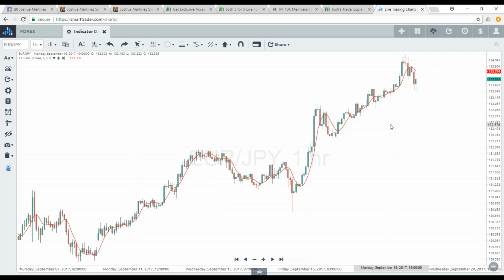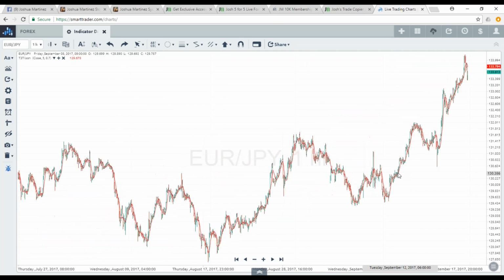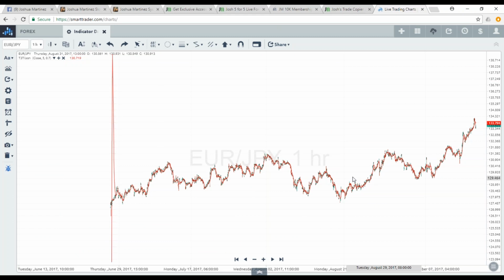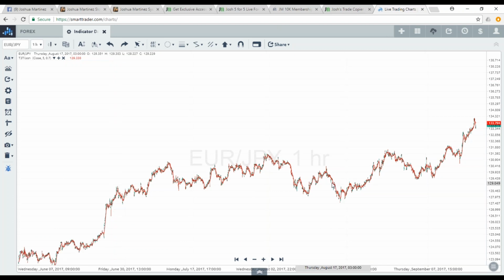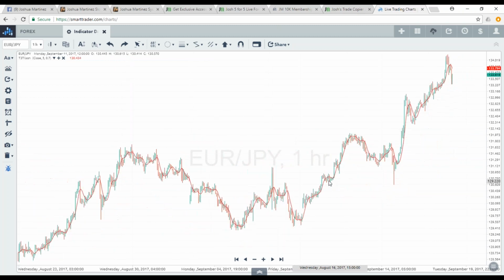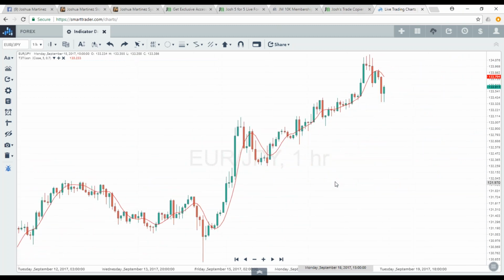Now, a couple of things I like to do. Number one, I like to make the line a little bit more visible. Here's the reason why. When you zoom out, it can become a little challenging to track the line because it's not very apparent. So I like to make the line thicker. I'm going to bring my mouse to the upper left-hand side, and I'm going to left-click over T3